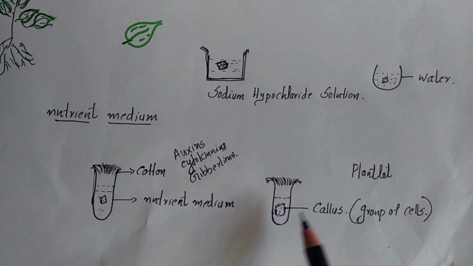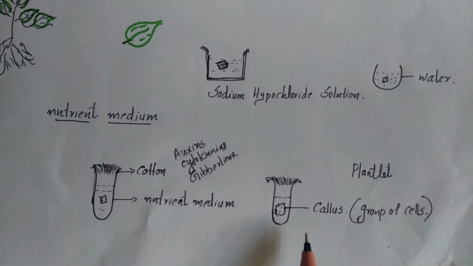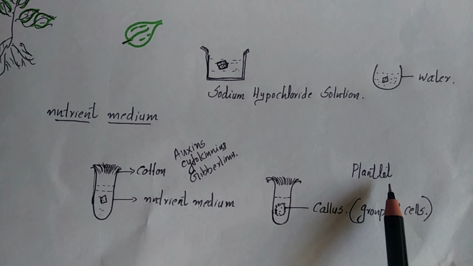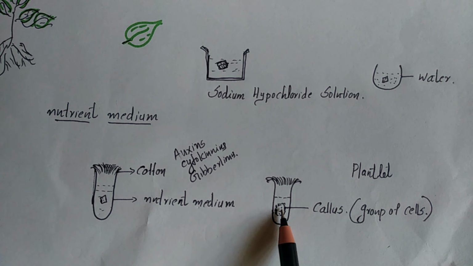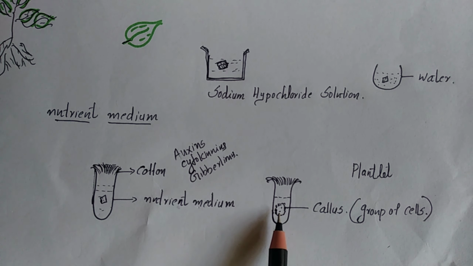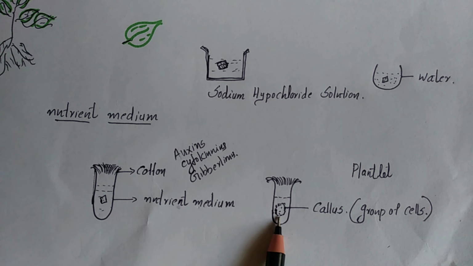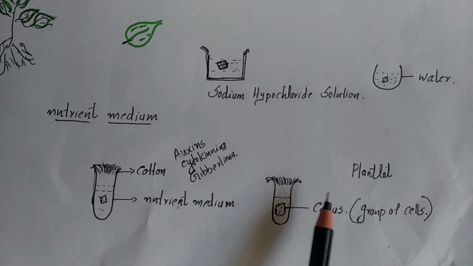How are the group of cells formed? Because of rapid cell division, a group of cells will be formed, and this mass of cells is called a callus. Now later you can see that the callus, each of the cells present inside the test tube, will start developing into tiny plantlets. Why are we calling this a plantlet? Because each one will show the structure of a small plant, somewhat similar to that of the mother plant. So small structures will start developing from here, and these are called plantlets, because later it will undergo embryogenesis and develop into a new plant.